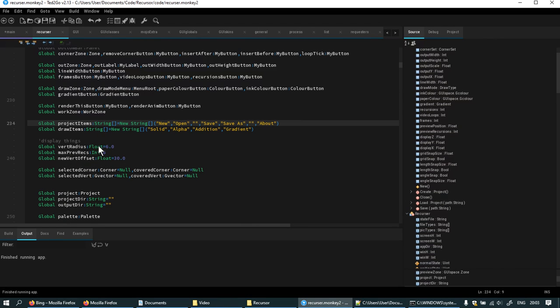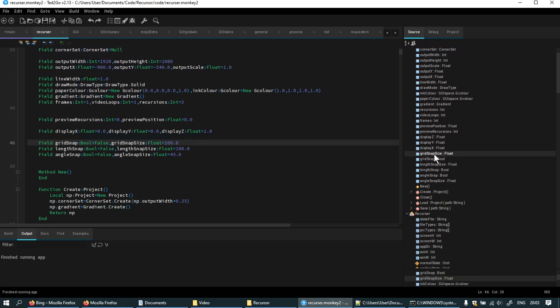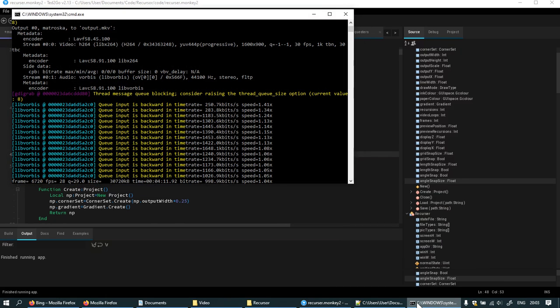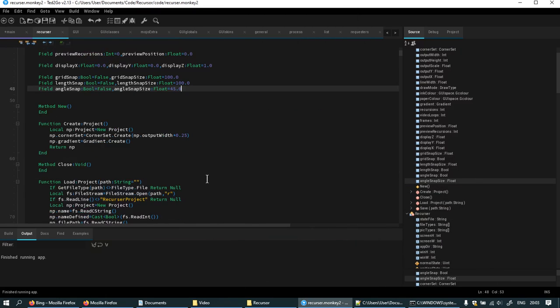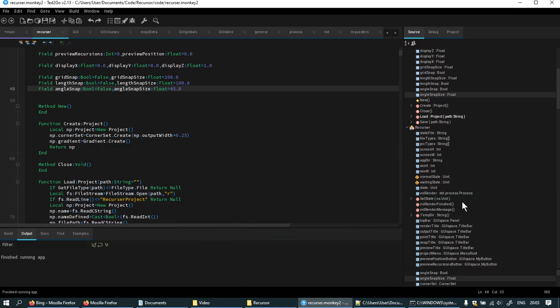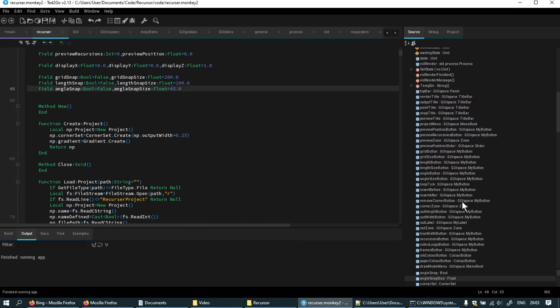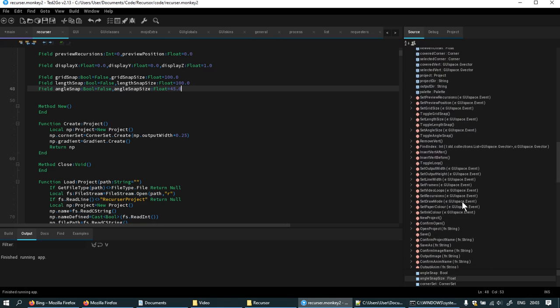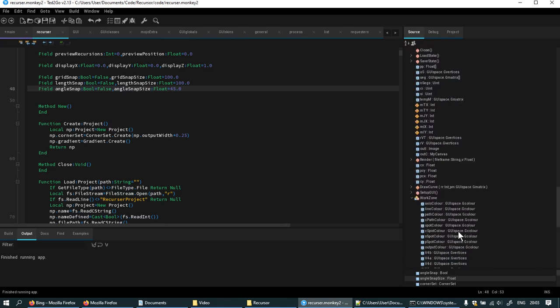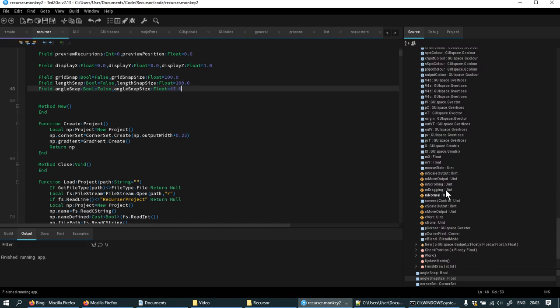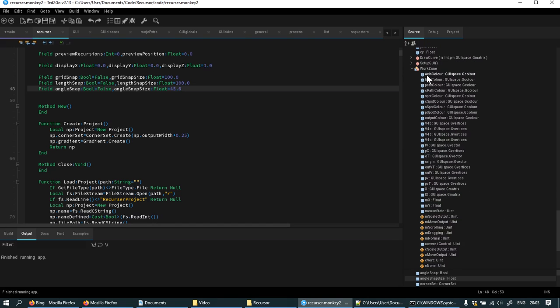Grid snap. Whereabouts is it? Yeah. Grid snap size. Length snap size. I'm planning to not edit this because it's really just to try and keep me focused, but I notice that my Windows video capture is not looking too healthy. I'll see how it looks. Anyway,